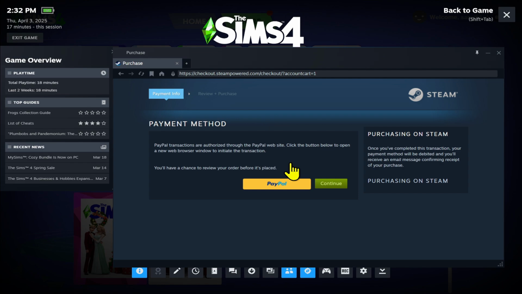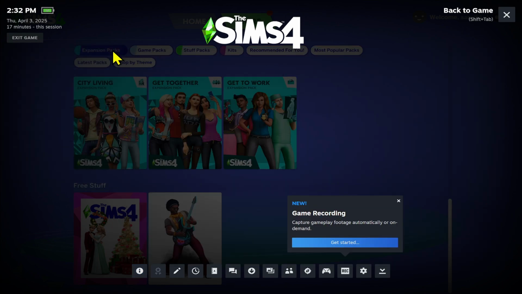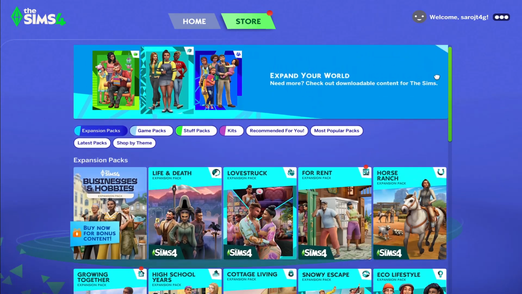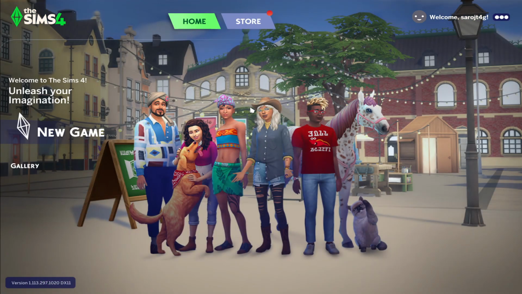Once you have provided your payment verification, the expansion pack will be downloaded and it will be installed within your game right away. And there you have it. That is how easy it is to download and purchase various different expansion packs for The Sims 4 game on